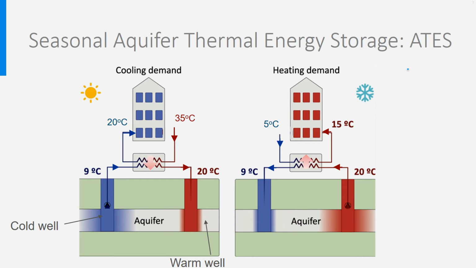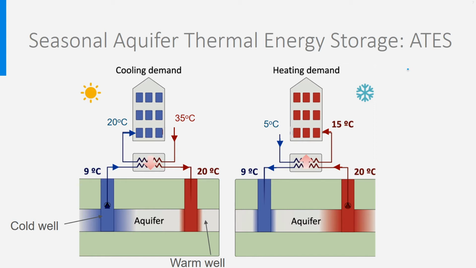This is not often allowed, as this could change the chemical balance in the ground. In general, there are temperature limitations, and for instance in the Netherlands, it is forbidden to go above 25 degrees. It is also mandatory to make sure and to demonstrate that there is a thermal balance in the ground, meaning that the quantity of heat extracted is the same as the quantity of heat supplied to the ground. A yearly balance must be carried out.